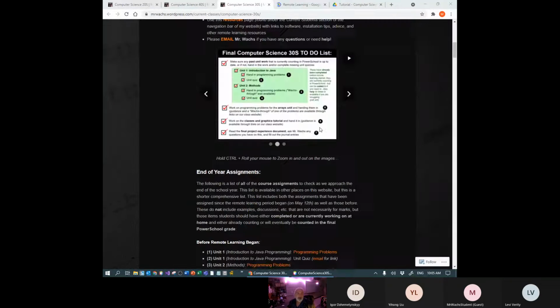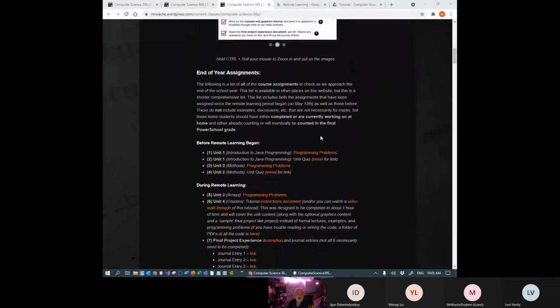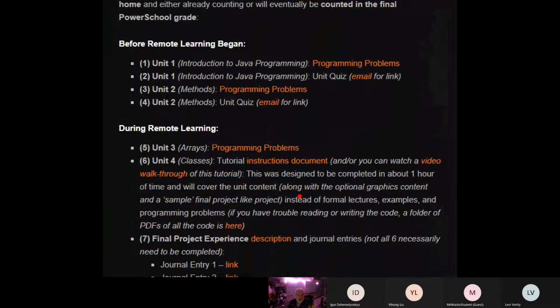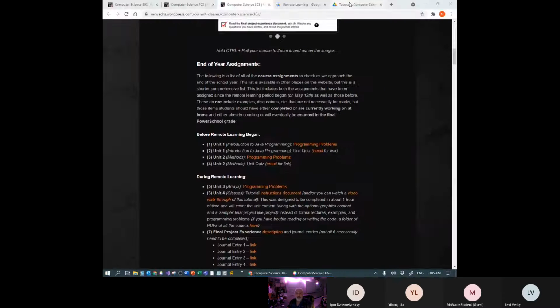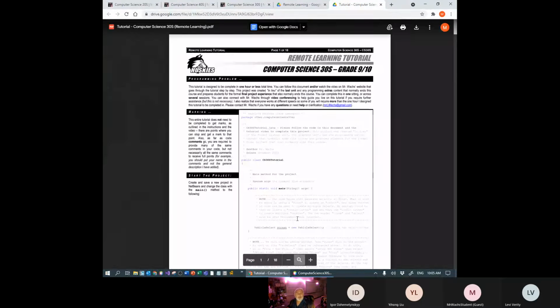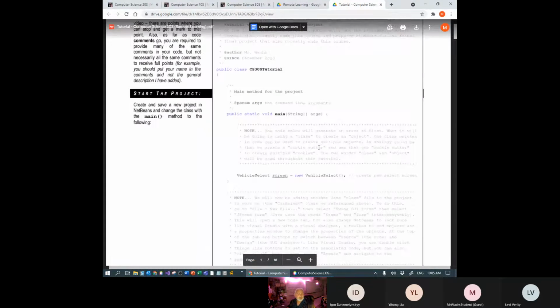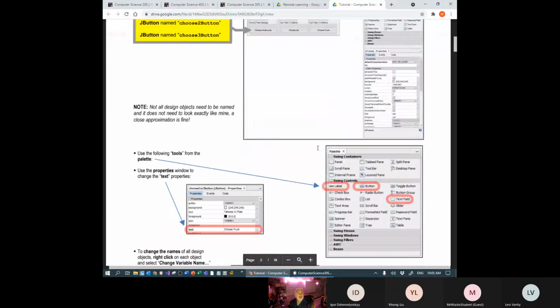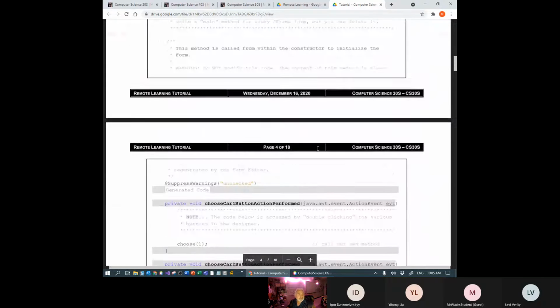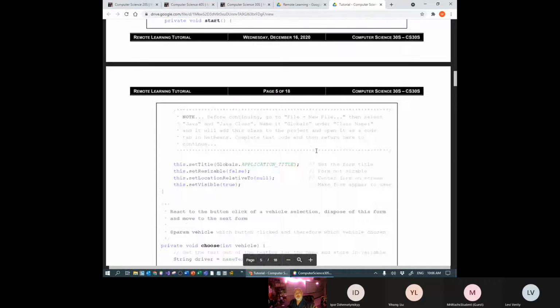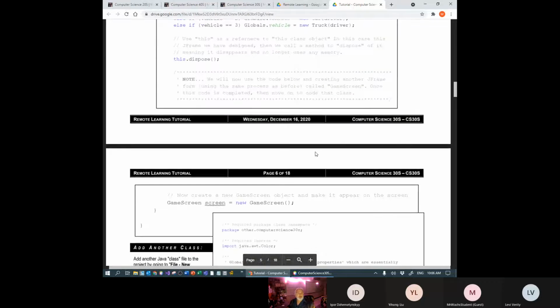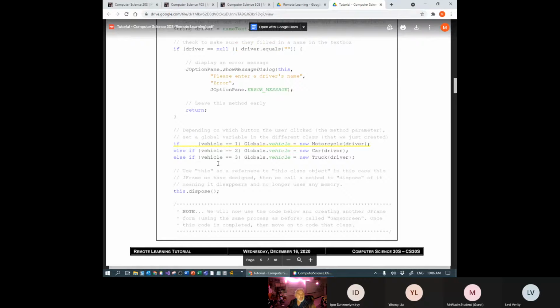Okay, everybody. So now, again, from our website, scrolling down, as you've heard me say before, I'm going to open the instructions document and the PDF, the folder with all the code PDFs in it, so that we can now go through our tutorial. We've really gotten through quite a bit of this. We've done all of this stuff from the first, I think, 6 or 7 pages. We copied and pasted, and I'd read some of what was going on there, okay? Even here on this part on the first,